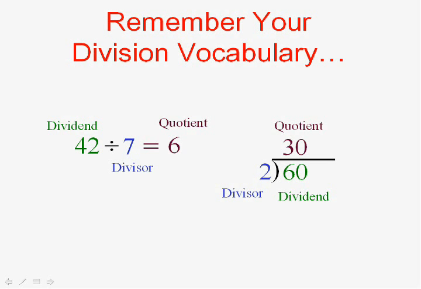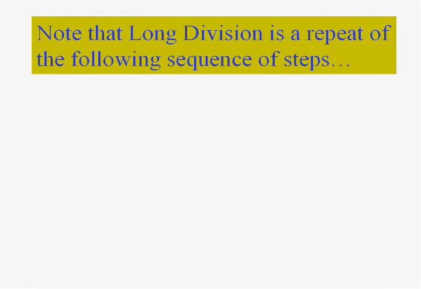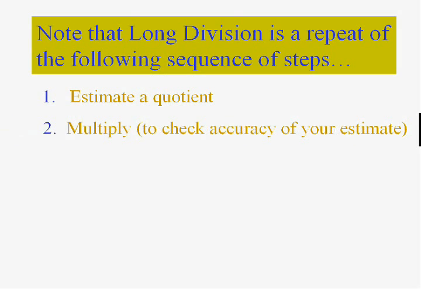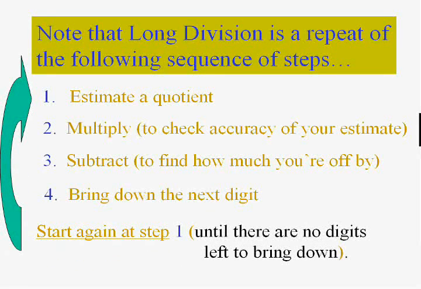When we actually performed long division on whole numbers, we remember that we went through the same sequence of steps, sometimes several times. We began by estimating an answer, or a quotient. Then we multiplied our guess times the divisor to see what we were off by. Of course, to find what we were off by, we subtracted, right? And once we had subtracted, we brought down the next digit and went through the whole sequence